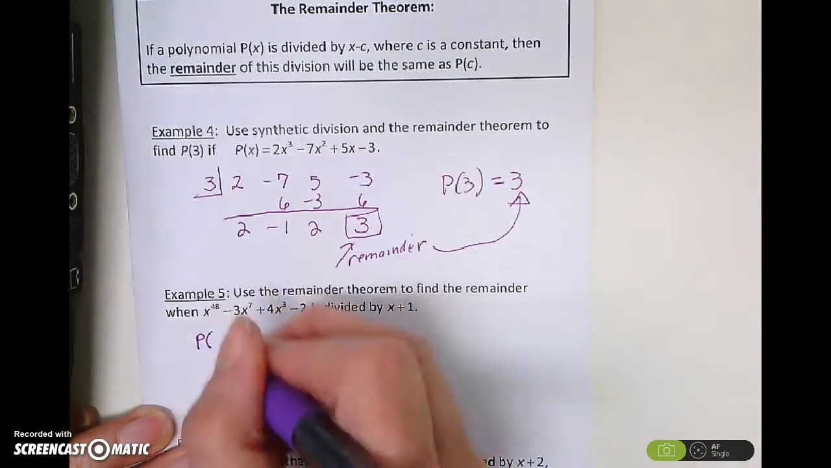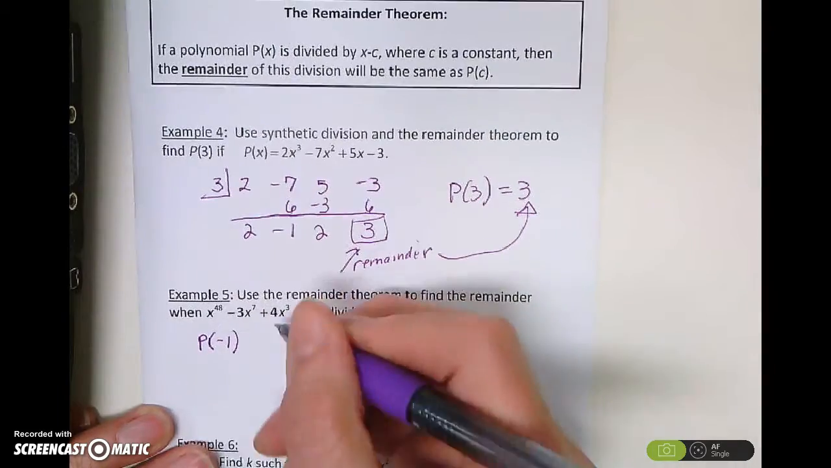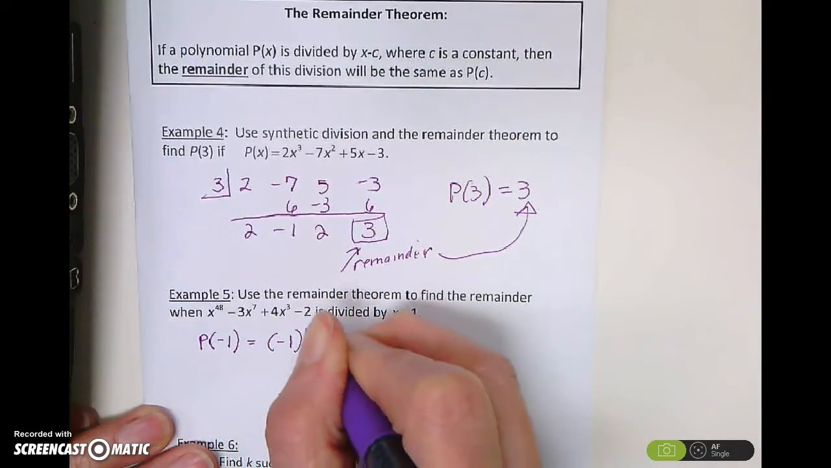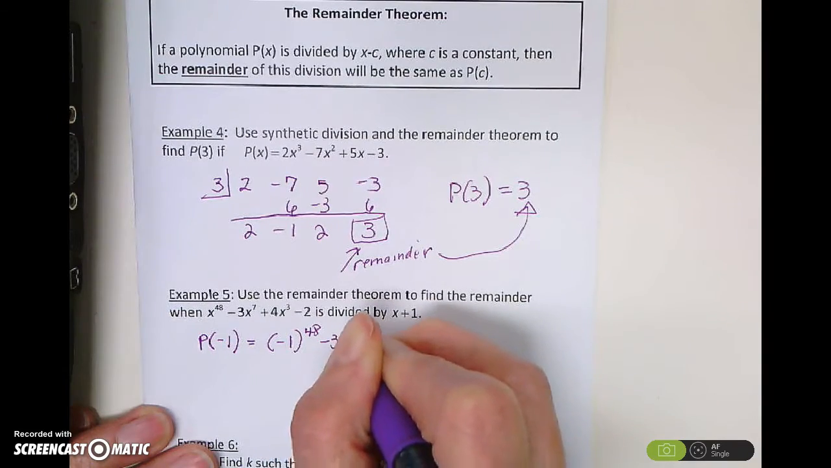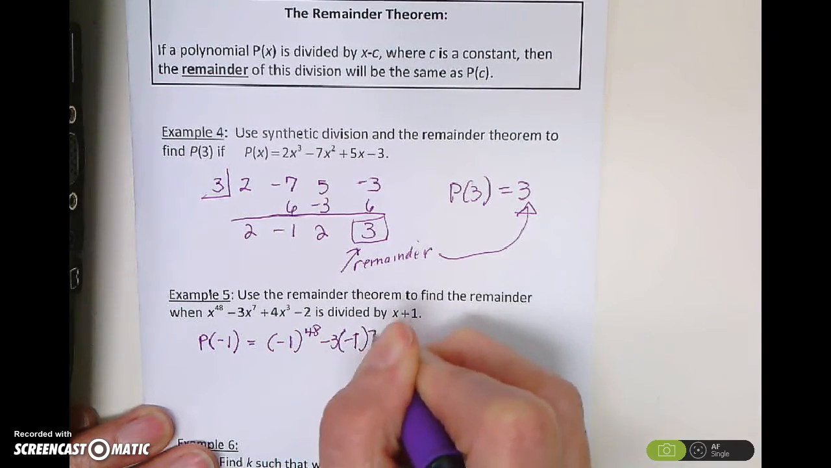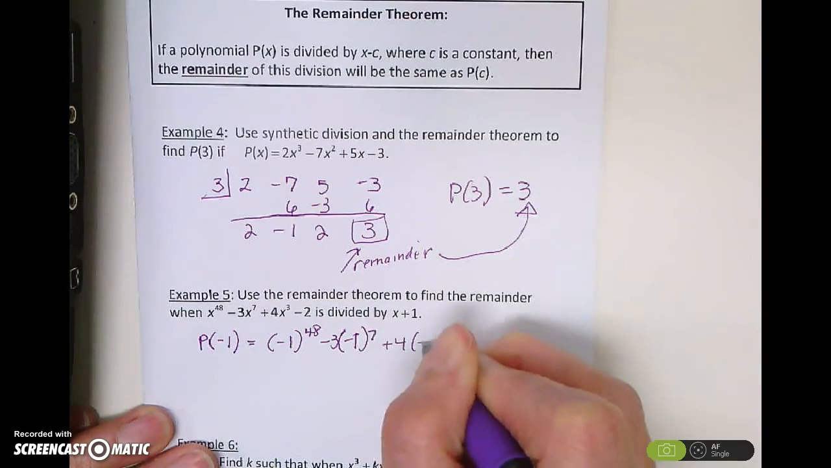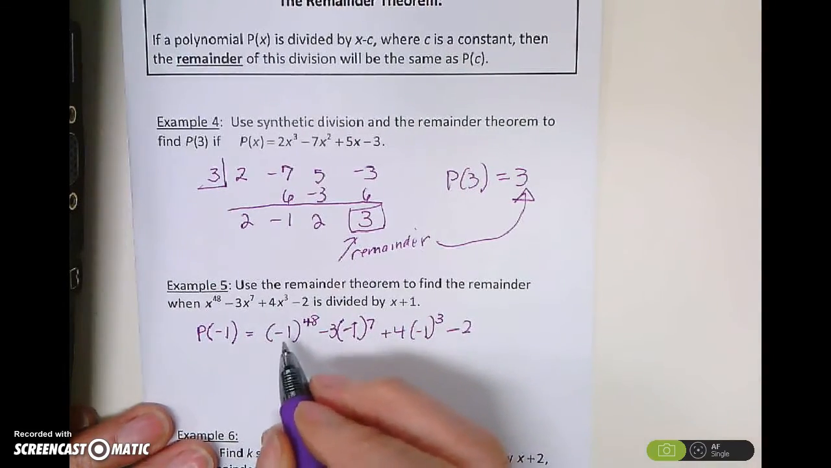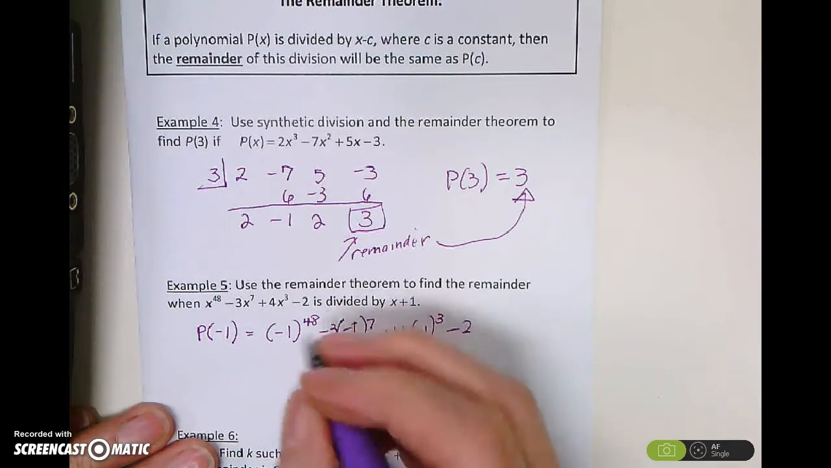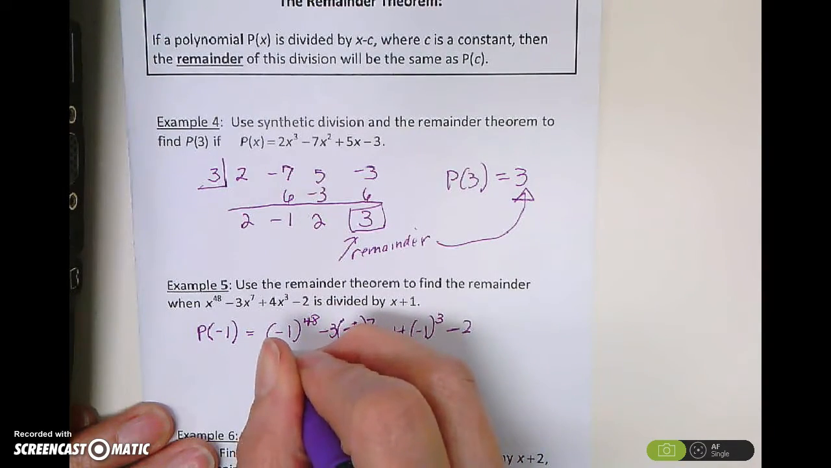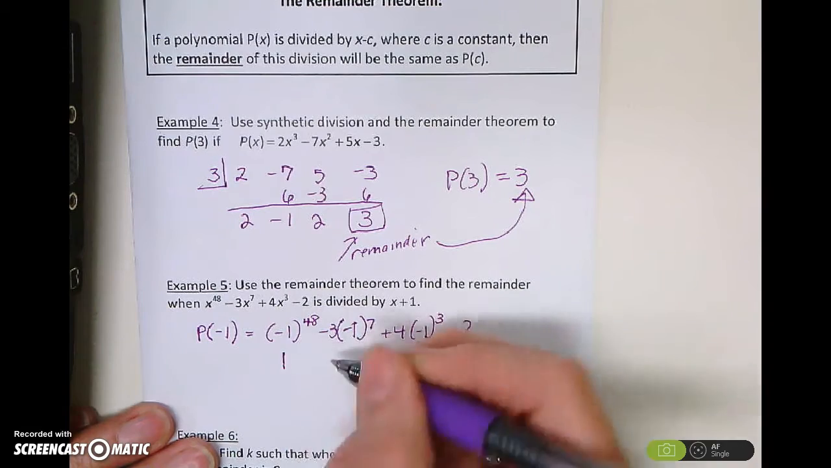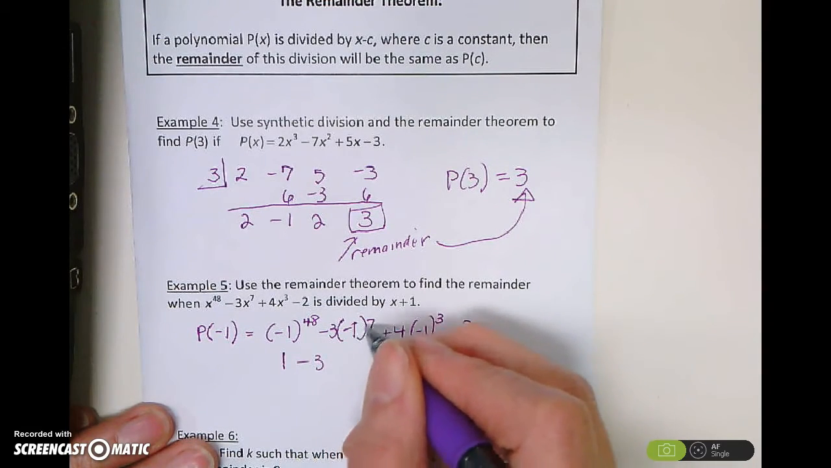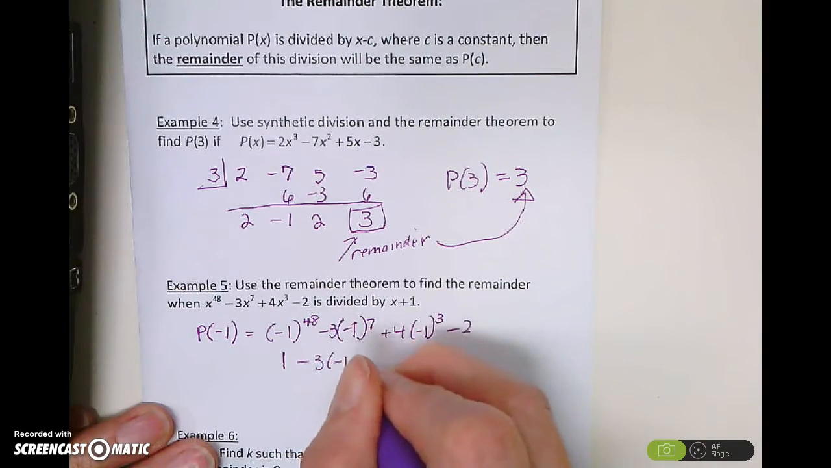So I want the opposite of that, which is negative 1. So then I'm going to plug it in. I get negative 1 to the 48th minus 3 times negative 1 to the 7th plus 4 times negative 1 to the 3rd minus 2. So if I have a negative 1 to an even power, it's positive. And then here I have a minus 3. If I have negative 1 to an odd power, it's a negative 1